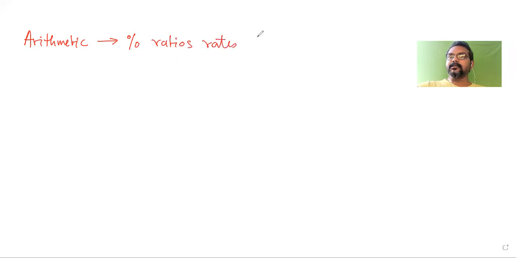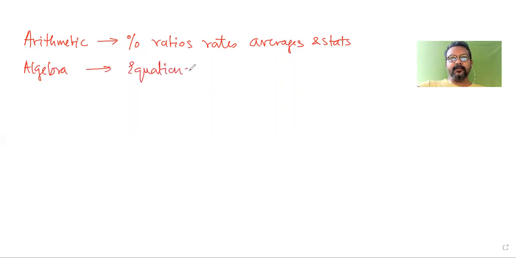So what do we have in the QR section? The topics I'll just quickly give you a brief idea of. We have the arithmetic section, which includes everything starting from percentages, then ratios, rates, work and distance, averages, and basic concepts of statistics also come in. All of this together is the arithmetic section. After that, we have the algebra section where we look at equations, primarily linear and quadratic